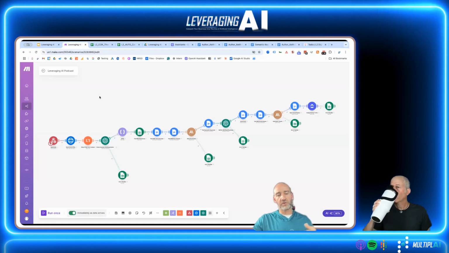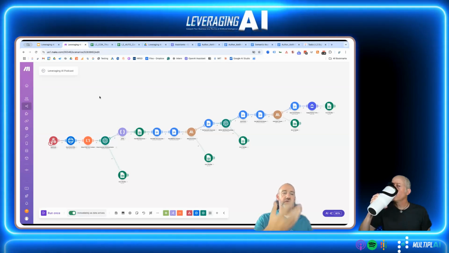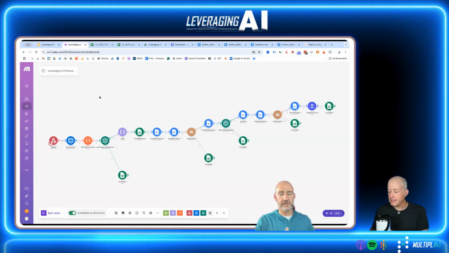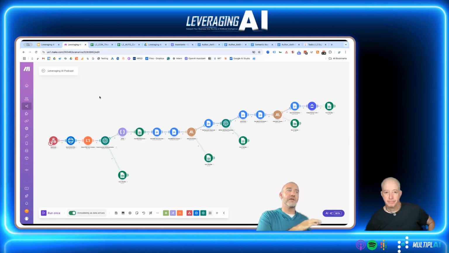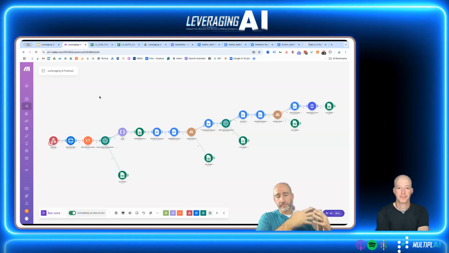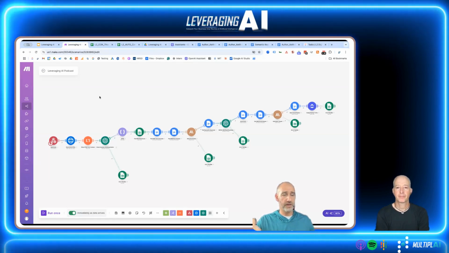It would match their tone because they're writing it in their style. And then you would hand that off to your SEO editor, who would go through and optimize the content to make sure it has all the right wording in it, all the right features built into it, and everything's optimized for search performance. And then you would pass that article along to an editor who would review and approve it, make sure it's all polished and good for the company website or wherever it's going to get published.